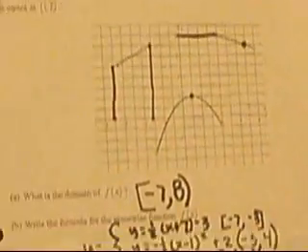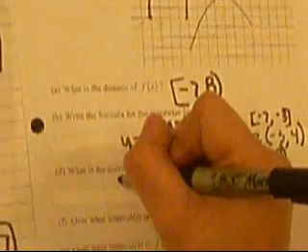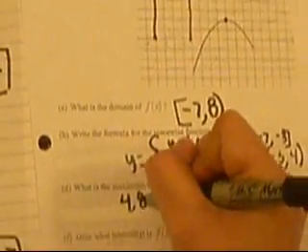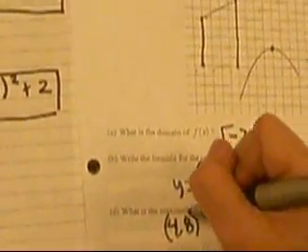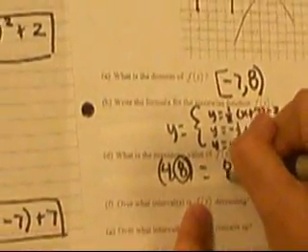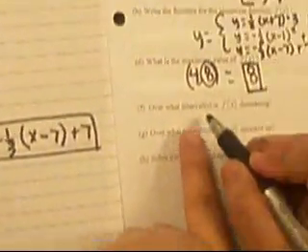So the maximum value of this function would take place at (4, 8), and you use the y value to find the maximum value. So your high point would be 8. On your intervals,